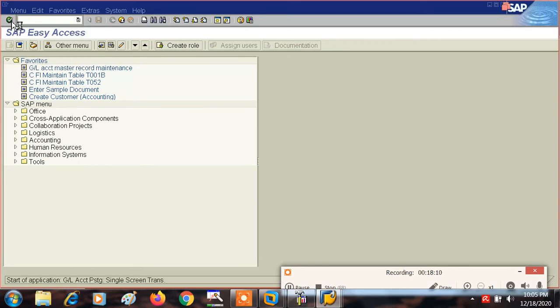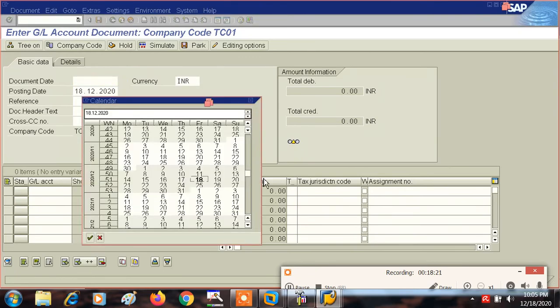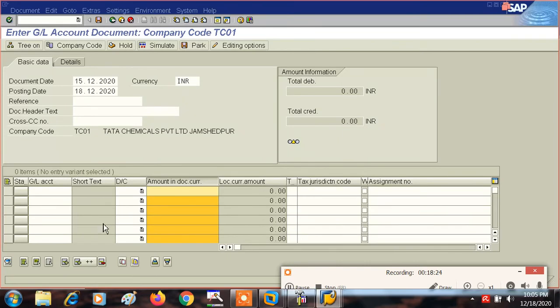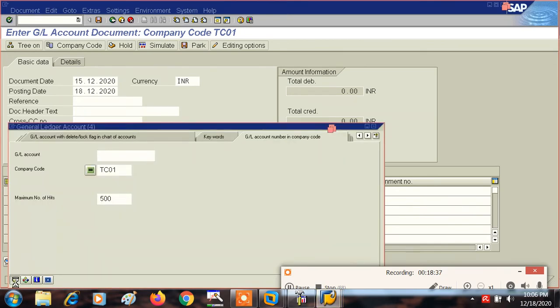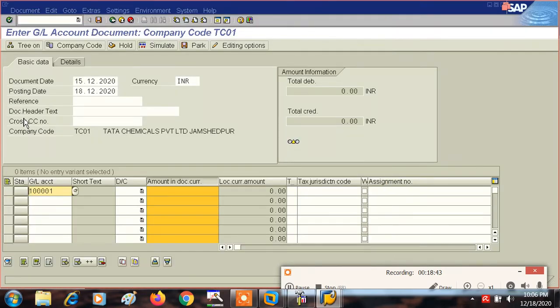FB50 is a transaction code in which you can post any journal ledger. So document date, any document date you can take 15, and here INR and GL account. I'm going to take that same labor account. You can write like this also, or you can select from the drop down button. So from here we are going to select this labor account, right? Now this is debit entry, and this is